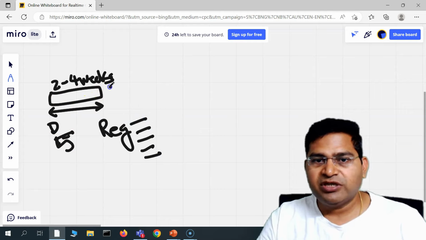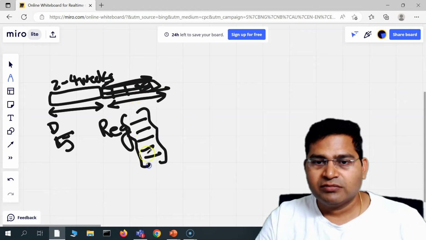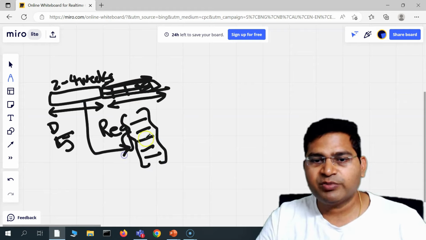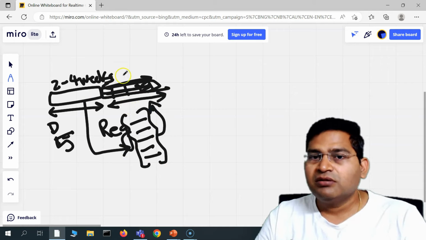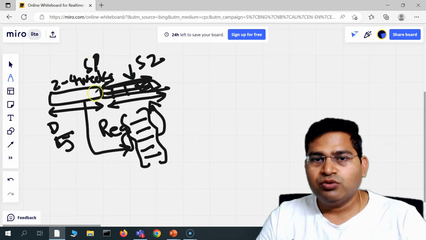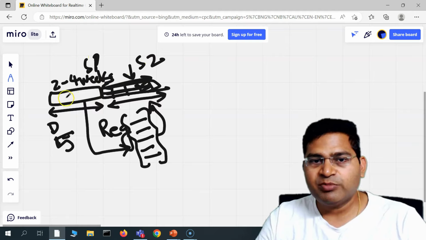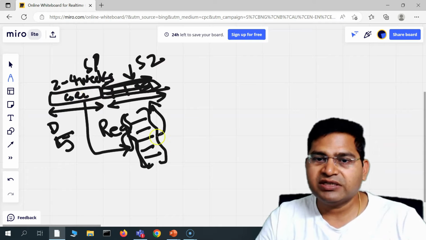Then sprint 2 started, and in sprint 2 there will be more user stories built. So this is the timeline. The regression suite that has been prepared from the first sprint needs to be executed fully, because in sprint 2 your development team is building on top of whatever code was written in sprint 1. There are changes in the code, so ideally you should execute this whole regression suite again